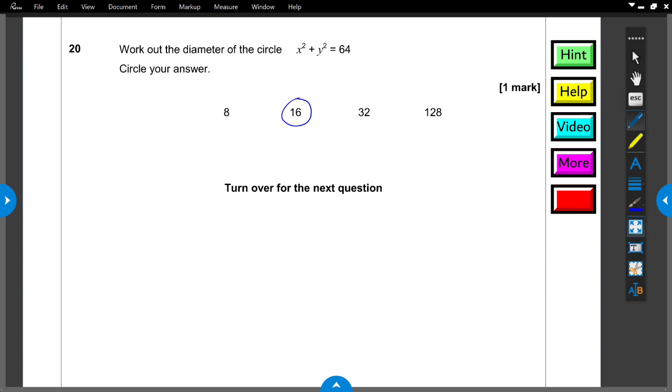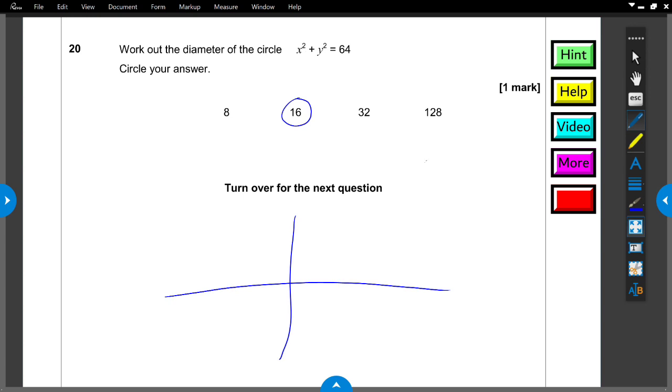But if you didn't know the equation of a circle, you could still do this. We could sketch it. So never give up on these kind of questions, even if you don't really know what you need to do. Try to fudge along with the maths you do know. So let's assume that x is equal to 0. It's always best to start on the axis and see where it intercepts, so that's where x or y is